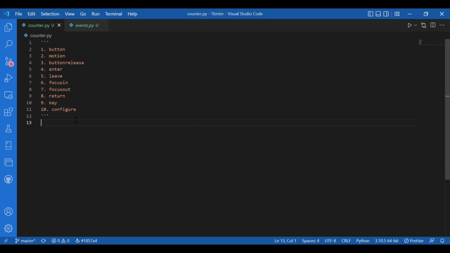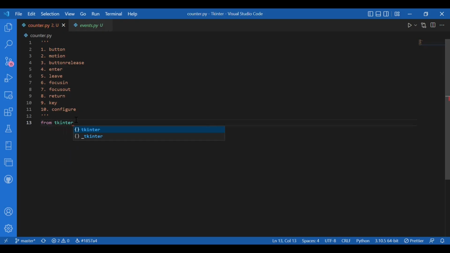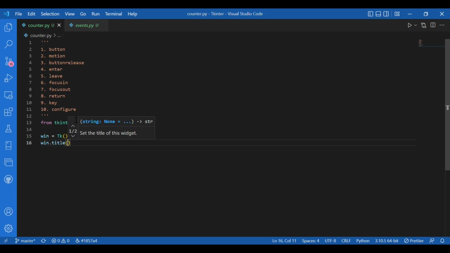So I'll write from Tkinter import star. Then I'll have my window. I'll write win equals Tk(). Then I'll give in a title. I'll write win.title, brackets, and let the title be event handling. Let the widget be canvas. Okay, so I'll have C equals Canvas,